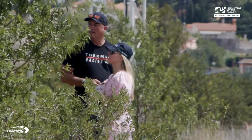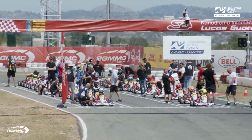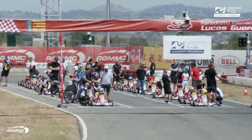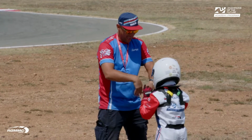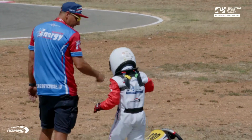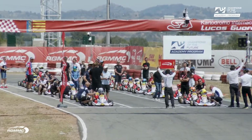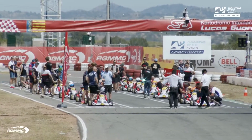They're chatting with his mechanic, getting everything sorted out. Oscar Singh, who starts this one 13th on the grid, so a little bit further down in the order, but still crucially on the inside row. That's the ultimate test. Reaction tests happening as well. You can see there for some of the drivers. That's Jan Gardzielik in the 830. A little further down in the order, just having a nice little quick reaction test there